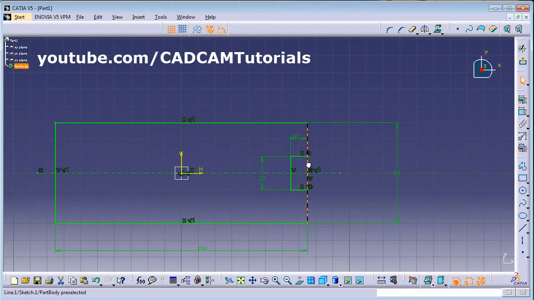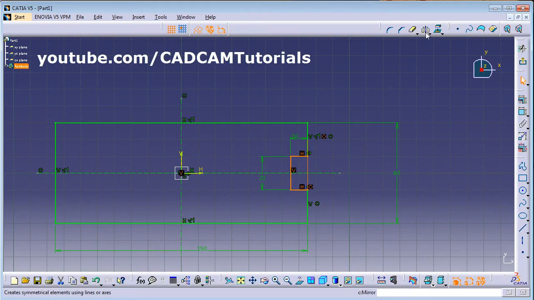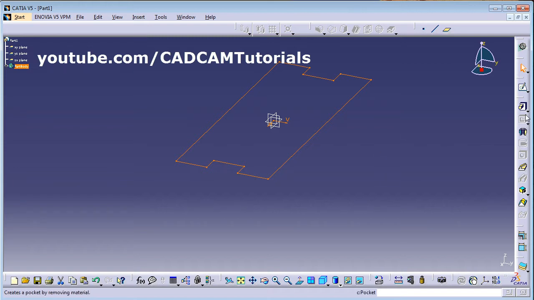Double click on Quick Trim, yes, okay, escape. Then we want to mirror this, so for that we will create one vertical axis. Select this area and mirror around this axis, and then trim, okay. Exit workbench. Then convert this into a pad. Click on Pad,